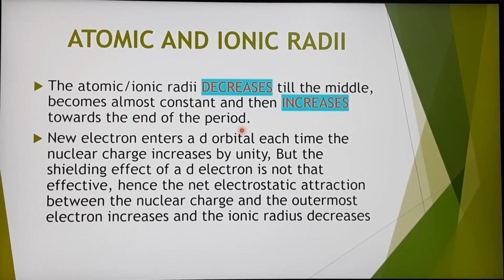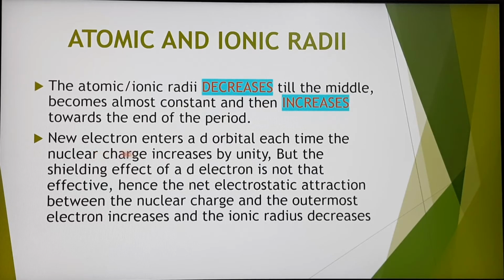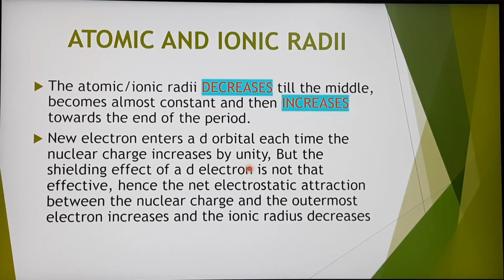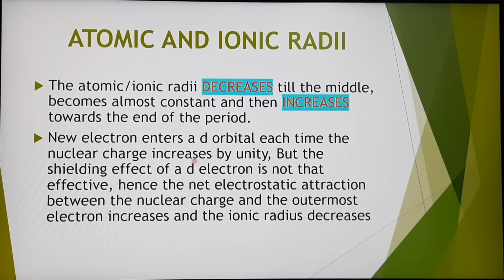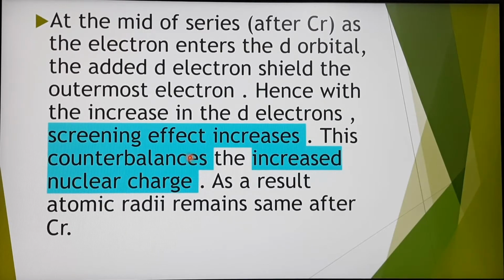So the trend is general, but if we study the data, in the d orbital, electrons enter the d orbital and nuclear charge increases by unity, but in the beginning the shielding effect of the d orbital is not that effective. Hence the net electrostatic attraction between the nuclear charge and the outermost electron increases and the ionic radius decreases, means this trend is general. Now if we study the graph,